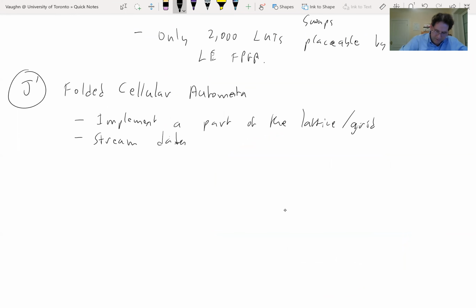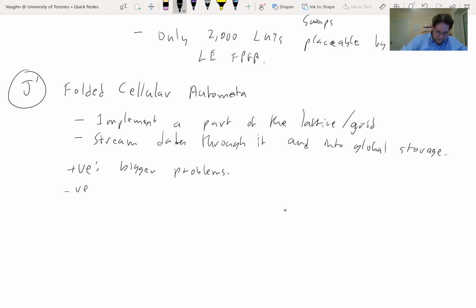Okay, so we stream data through it, and into global storage. So the positive of this is it can do bigger problems. The negative,